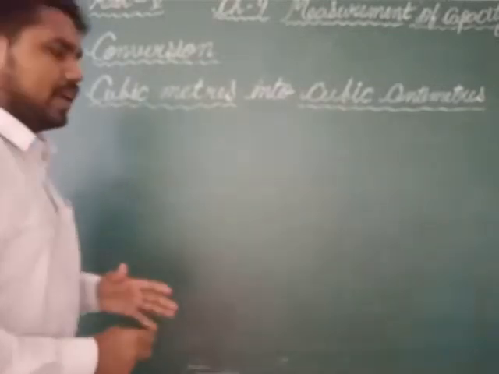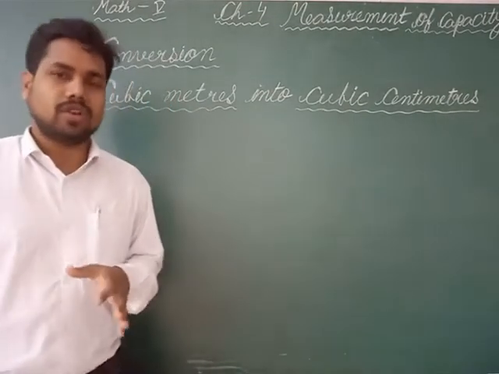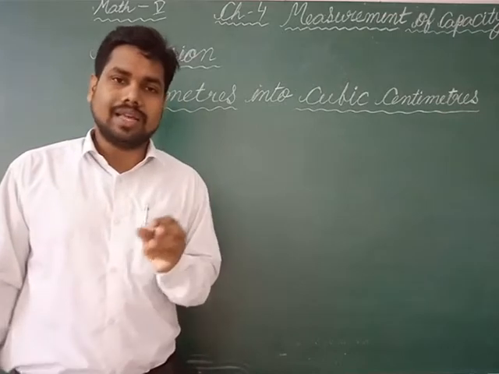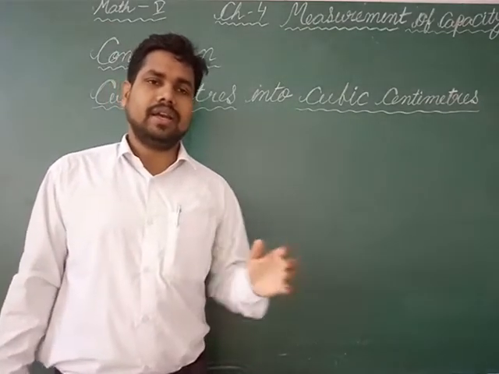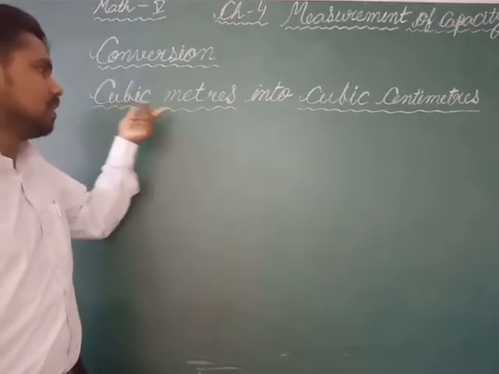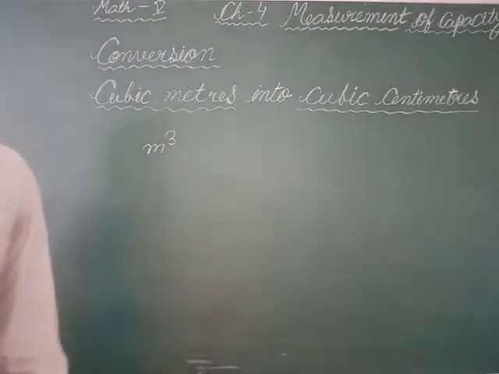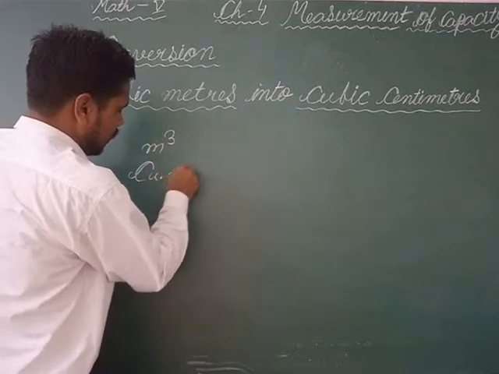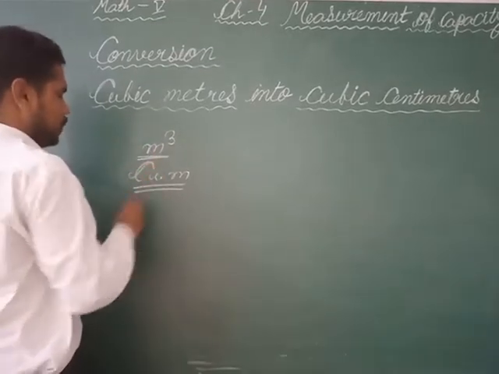The next topic which we have is the conversion of capacity. Capacity means the volume of something. So when it is talking about volume, then definitely it is talking about 3 things: length, breadth and height also. So if 3 things are coming, then definitely here cubic means power 3, so cubic meter means either we write meter cube, or we write CUM also, in short: CU for cubic, M for meter.